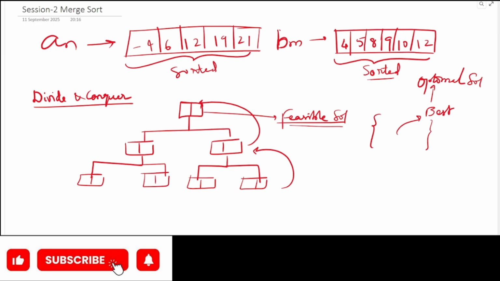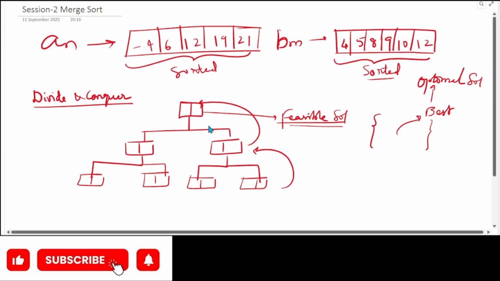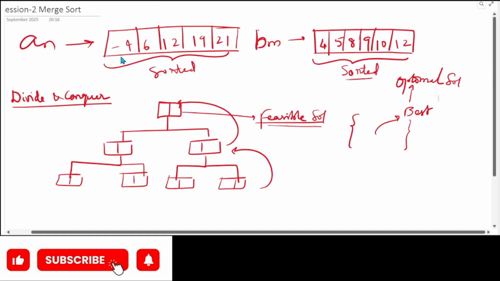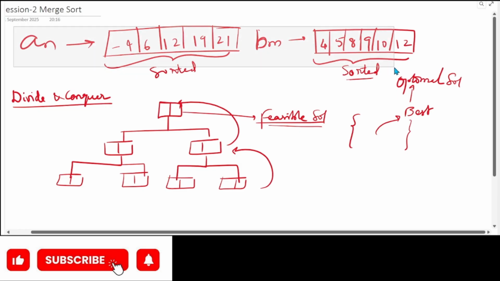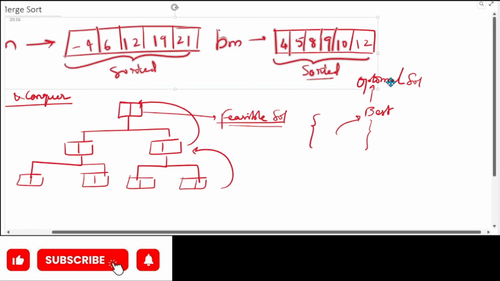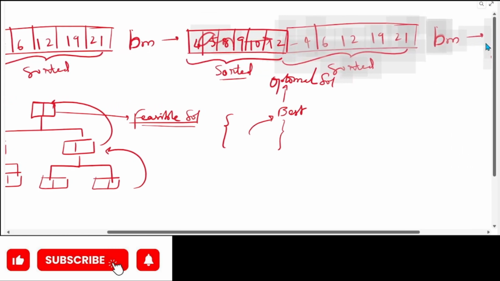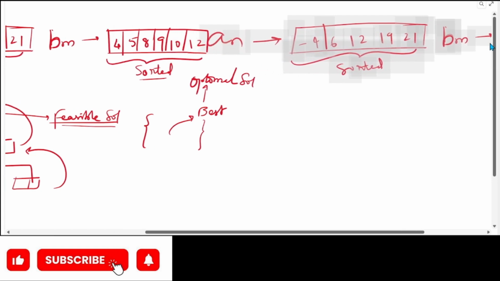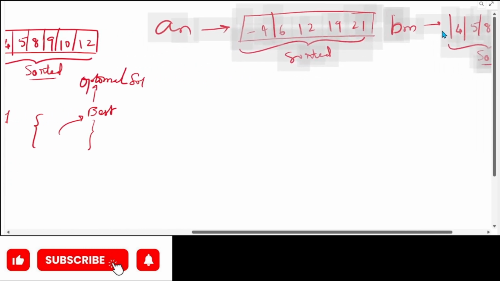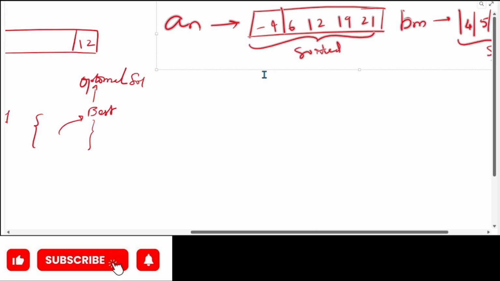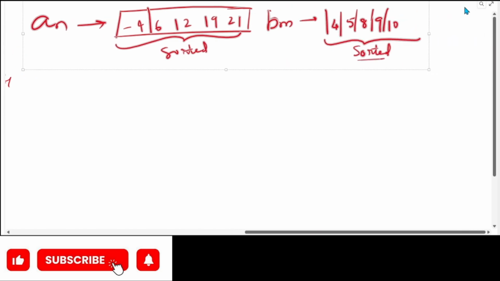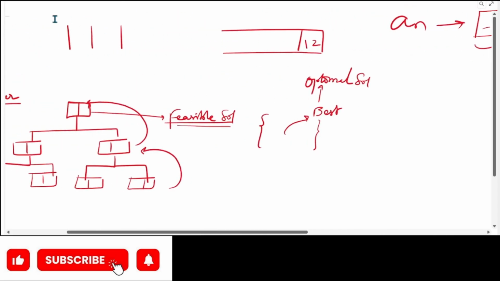So, why do we need to use merge sort? We have insertion sort, we have bubble sort, we have selection sort, we have many other sorting techniques. But why only bubble sort every time? Sorry, why only merge sort? Because merge sort has some complexity relaxations or complexity leniences. So that is the advantage that we have with merge sort. If you observe carefully, in merge sort, what do we have is,